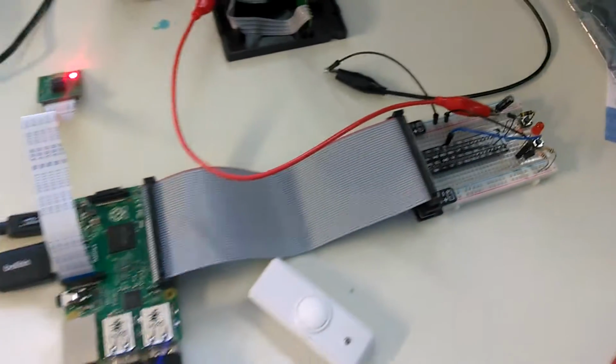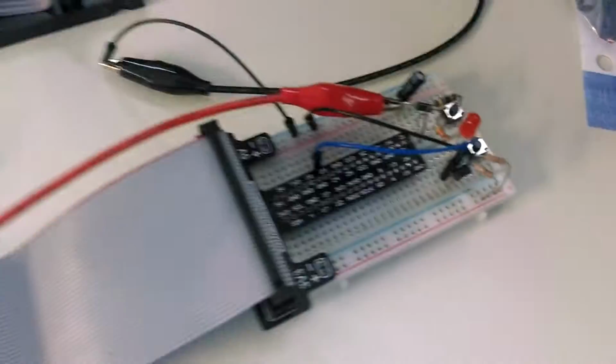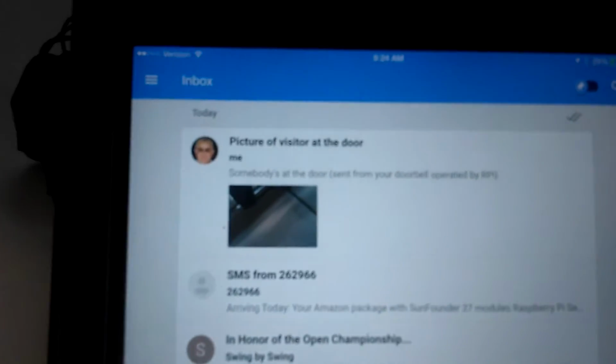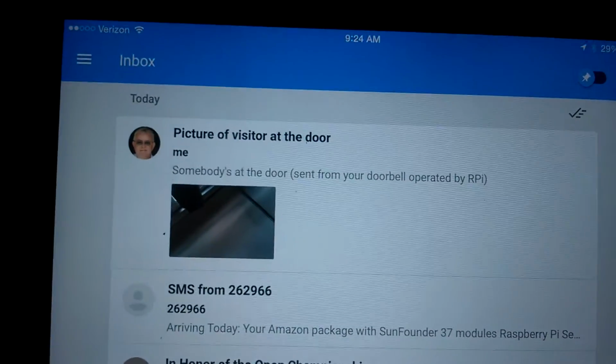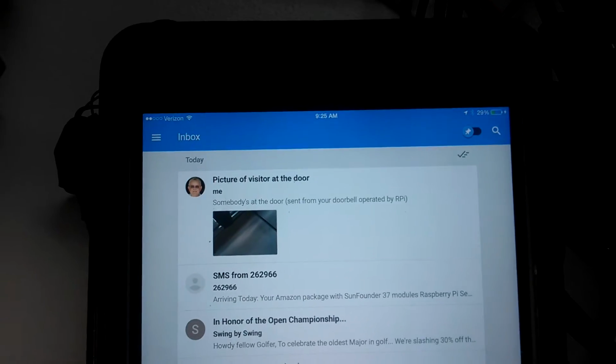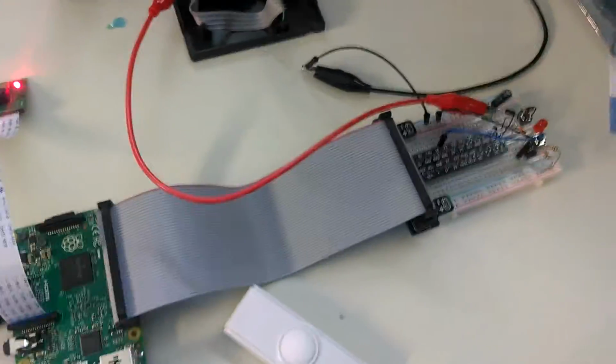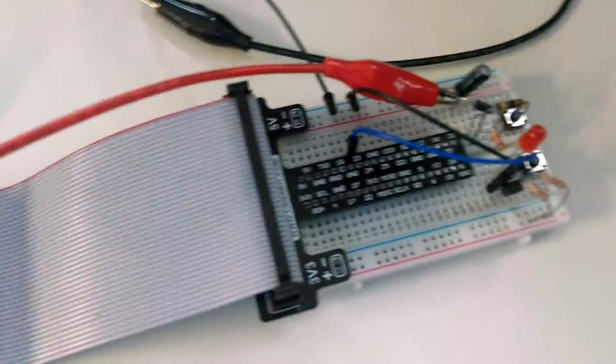You can see the LED blinking there, which indicates an open collector transistor circuit. And we just got a new email, picture of visitor at the door, and that's a picture of the top of my garage. So if you'd like to see more details about the electrical circuit, you can go to